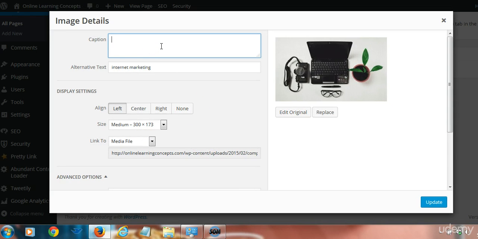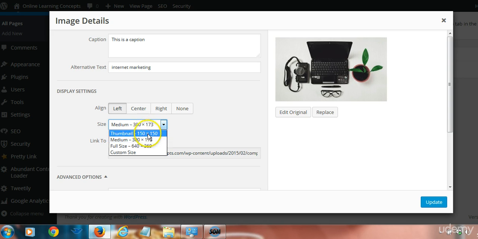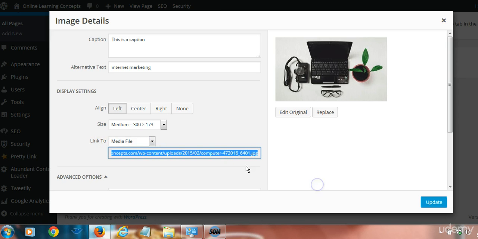You can put a caption. You can center it here as well. You can pick the size: thumbnail 150 by 50, medium 300 by 173, full size, and you can set those sizes in the settings as well. And then this is where the actual file will live on your computer, and this is where it is. So if you ever want to put a link of one of the graphics